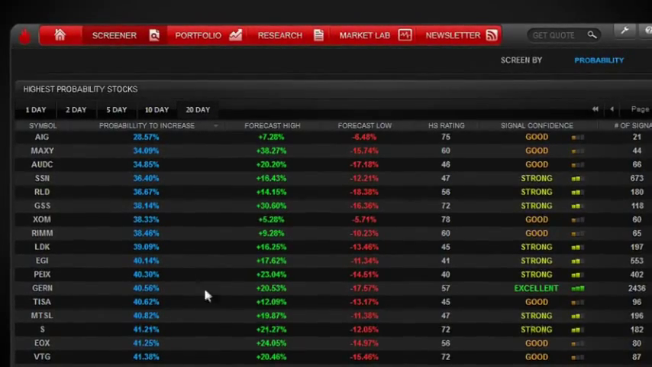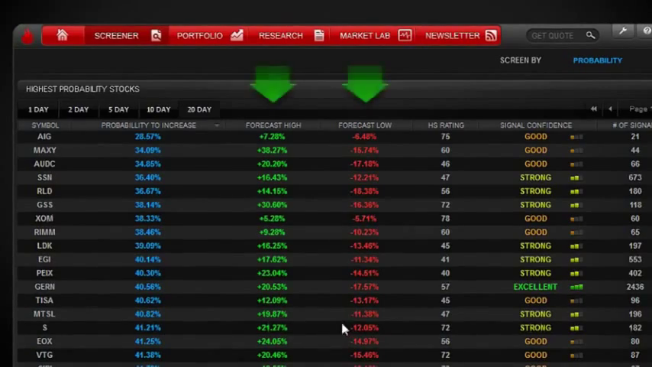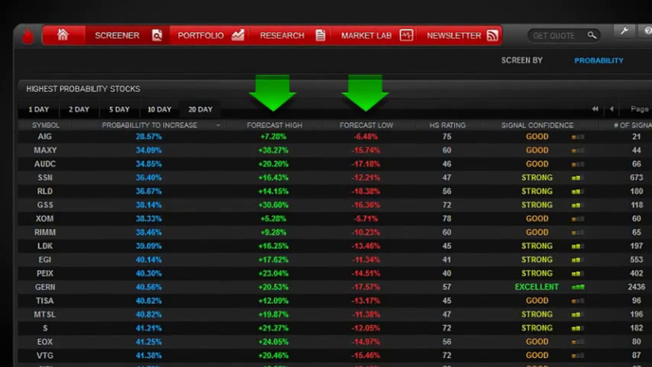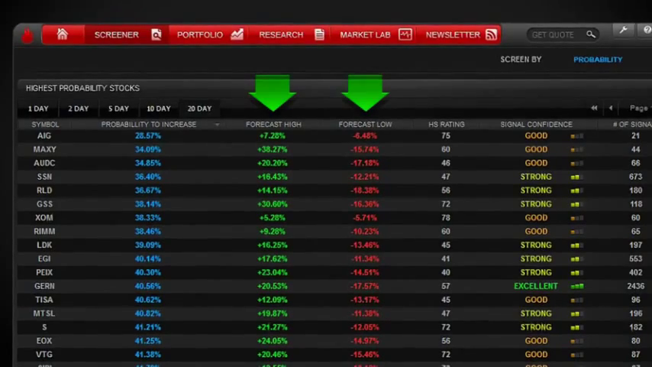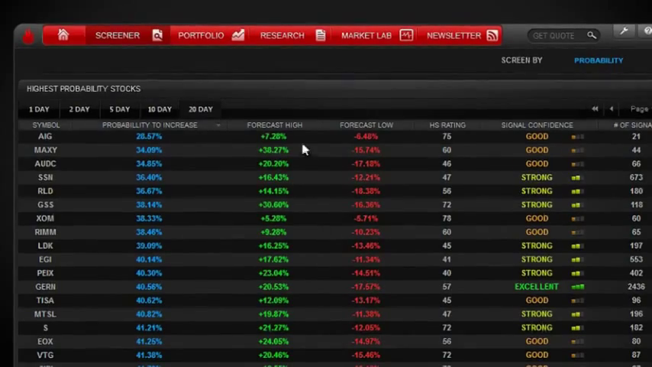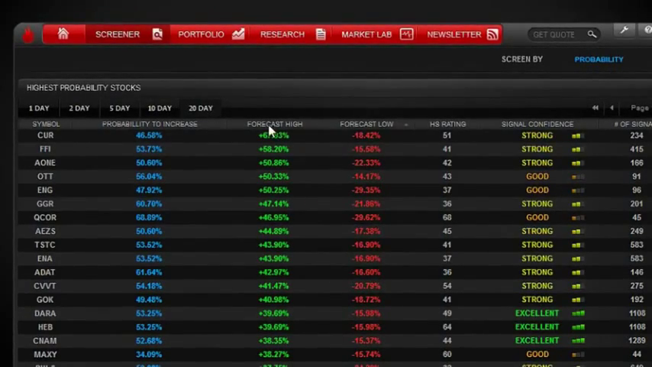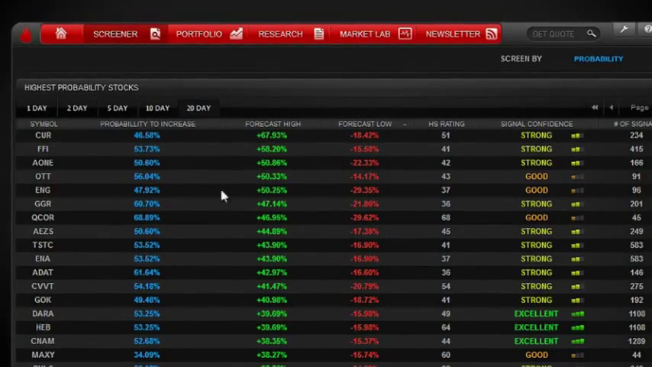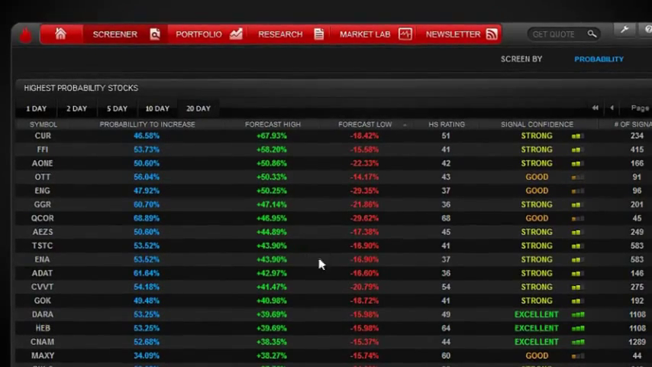Some traders are looking for extremely volatile situations, such as stocks that have the potential to move up 50% or more in just a few days. If you want to sort by volatility, you can simply click on either of these tabs to sort by forecast high or forecast low. Sometimes you can make great trades which only have a 50-50 probability, but the forecast high